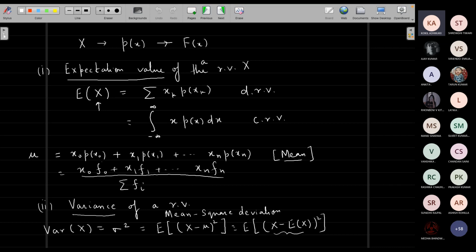It will be affected by this 60 value, right? Because it is the third value. So when you do 1 plus 2 plus 60 divided by 3, this number is going to be a huge one. What about the median? Will that be affected by this 60? 1, 2, 60. What is the value which is coming exactly at the center? That is what you are going to do, right? You arrange these values in ascending order, and then whatever value is there at the center, this is the value which you are going to pick. In that case, 1, 2, 60. So which value are you going to pick for an odd number? It is rather simple.